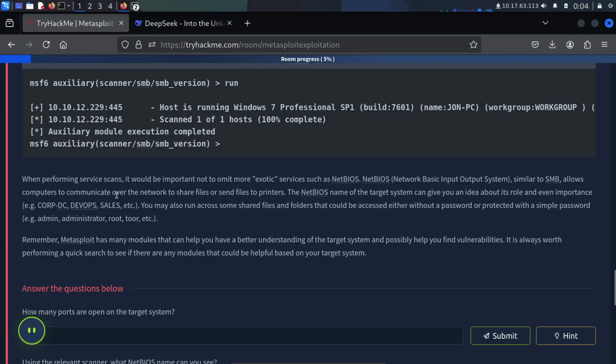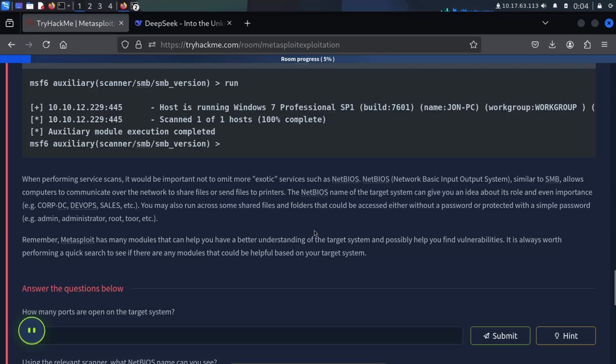When performing a service scan, it will be important not to omit more exotic services such as NetBIOS, Network Basic Input/Output System. Similar to SMB, it allows computers to communicate over the network, to share files or send files to printers.